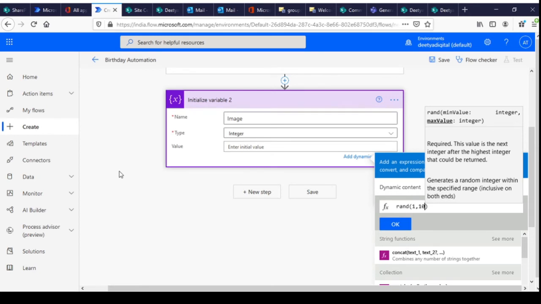Whatever number of images you add in the image SharePoint list, the random number's maximum value should be that number. So if you have added 10 images in the image list, then you should enter 10 here. So it will pick any random number between 1 and 10.